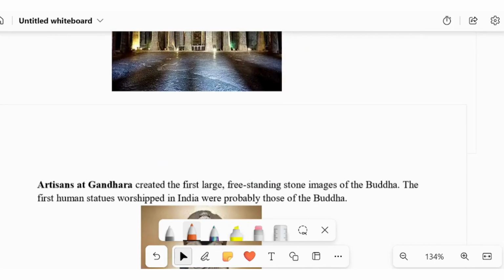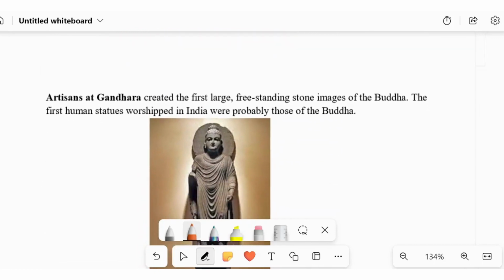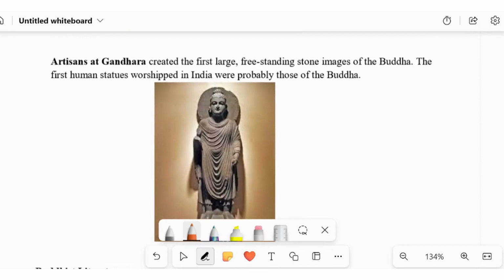Now we come to the Buddhist statues. Initially, various symbols were used to represent various phases of Buddha's life. These statues of Buddha became popular with the Mahayana form of Buddhism. Initially, an empty chair was used to represent Buddha in meditation. But then Buddhism got divided into Hinayana and Mahayana